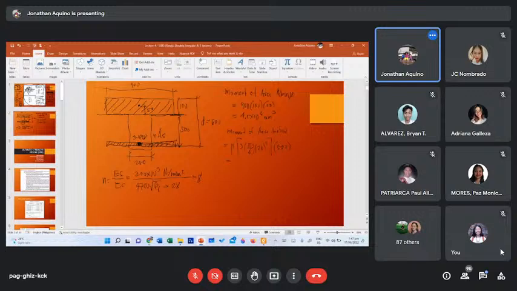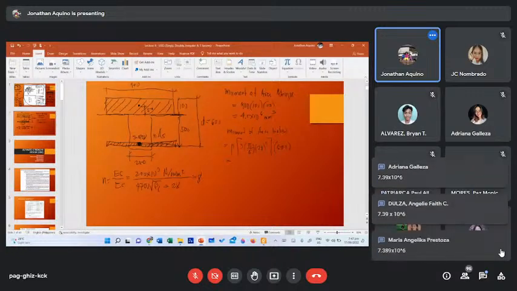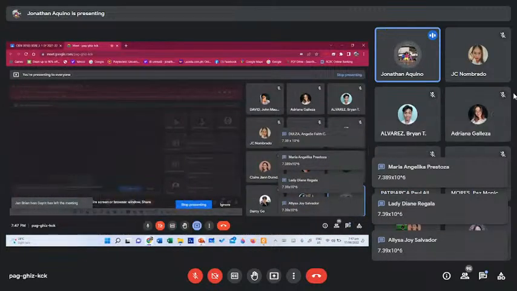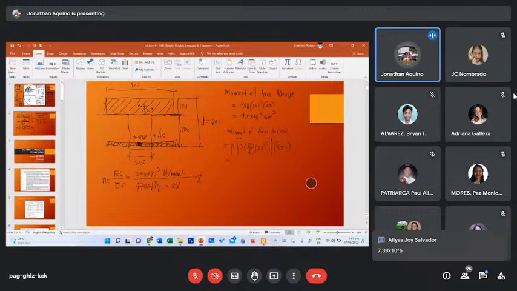Calculator. Anybody? 7.39 times 10 to the 6. So 7.39 times 10 to the 6 millimeter cube. Okay. So from this result,